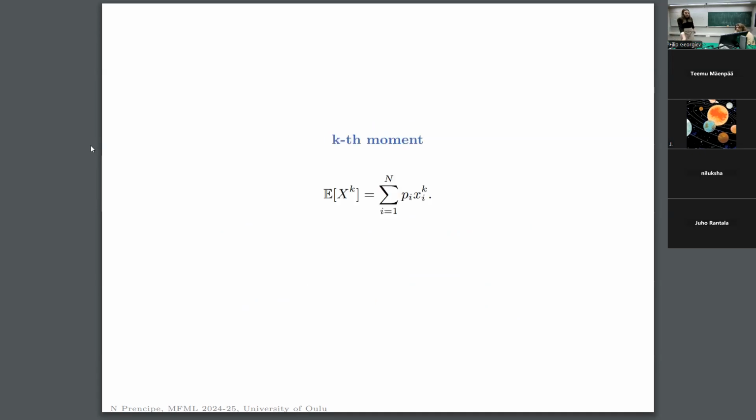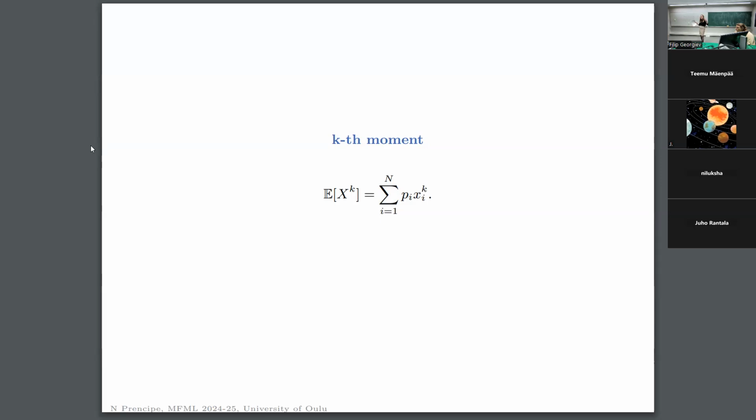And by moment, I mean this: the average of x to the power of k. So I do the pi's, multiply by x to the power of k instead of just x as in the average. If you want, the average is the first moment. The variance uses the second moment, and so on. Those moments show some properties of your probability distribution, also in the continuous case, as we will see later. Essentially, the variance tells you how spread out your distribution is,